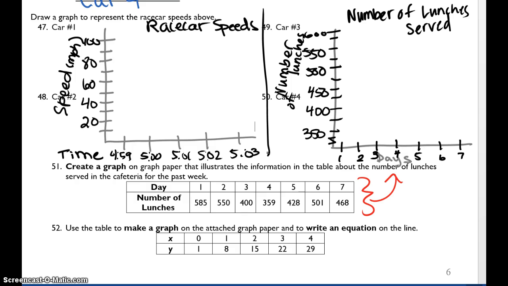I'm just going to use different colors to determine which one's which. So the first one for car 1, I'm going to use black. On my x-axis, I did time: 4:59, 5, 5:01, 5:02, 5:03, so I made sure to label. I also labeled my y-axis with speed in miles per hour, and each dash stands for 10 miles per